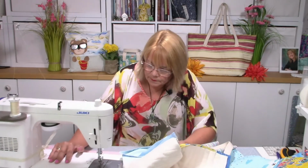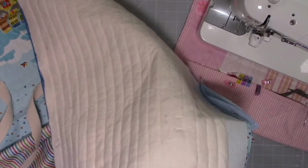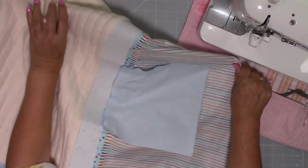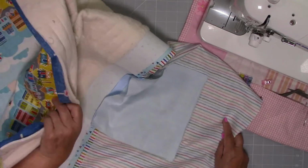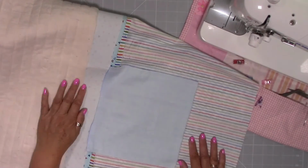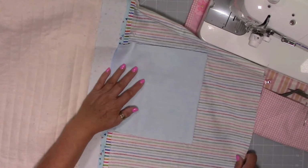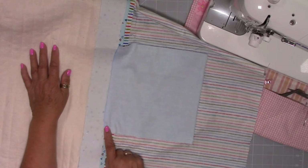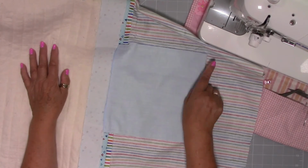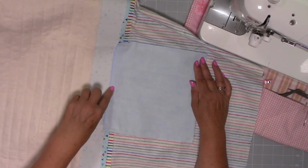Okay, so let's have a look on the overhead. Okay, I don't know what's bag and what's not. Okay, so that's what it looks like. You've stitched from there to there and there to there. Now what we need to do is to flip the whole thing over, and we need to stitch the front